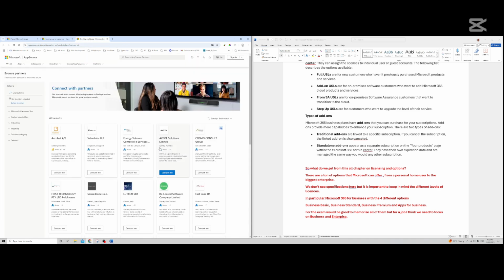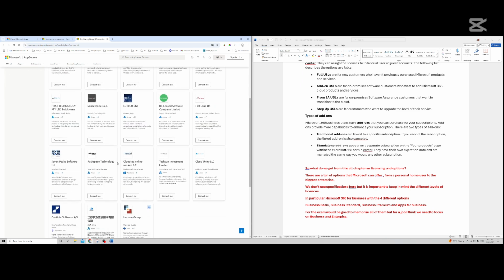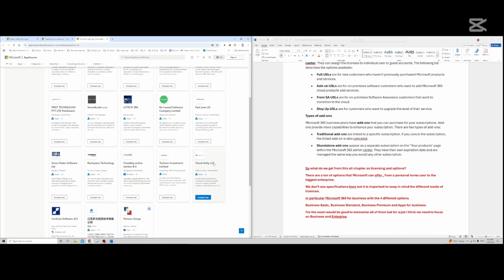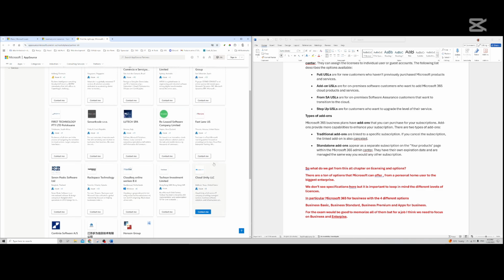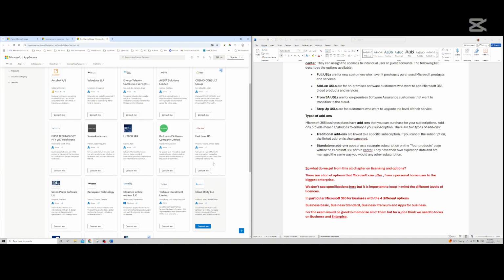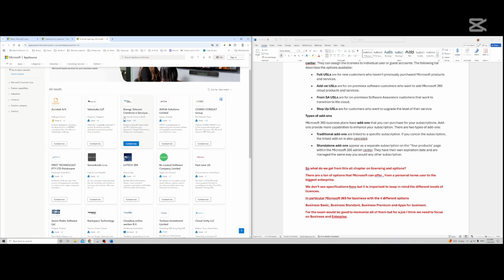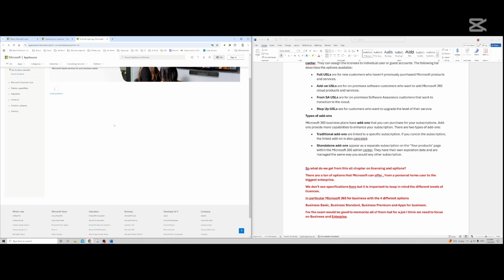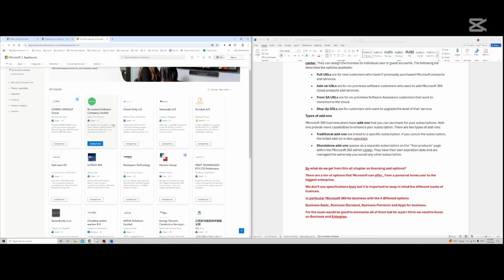So this is all the CSP providers. Let's see if there is something that I know. Hanson Group, Cloud Unity. Actually, none of them. If we go on this one, right. Alright, so